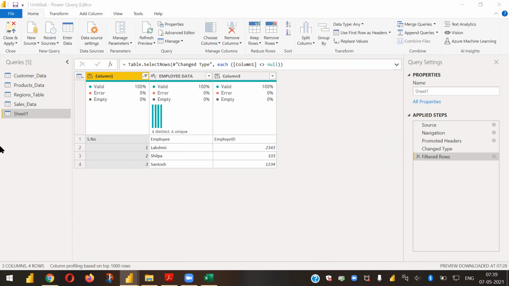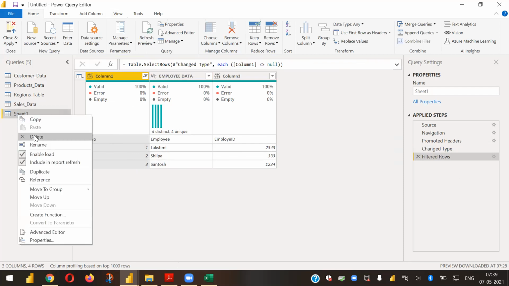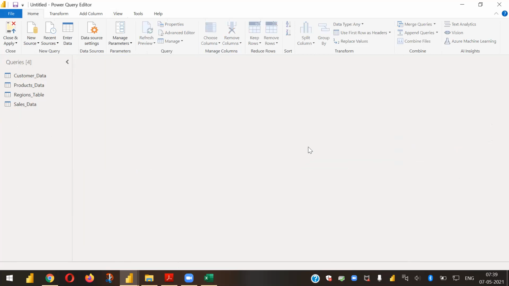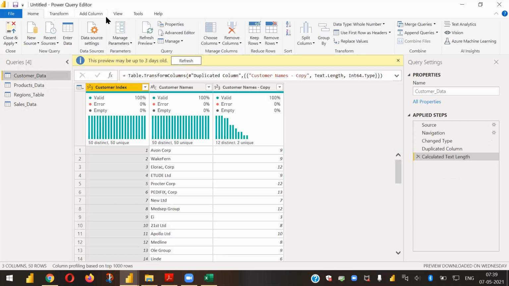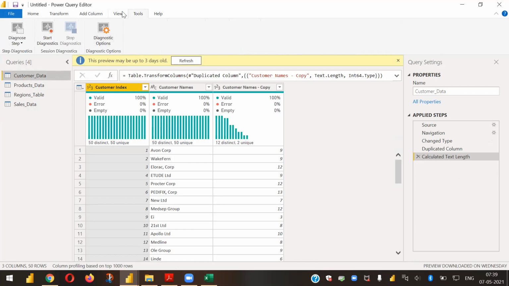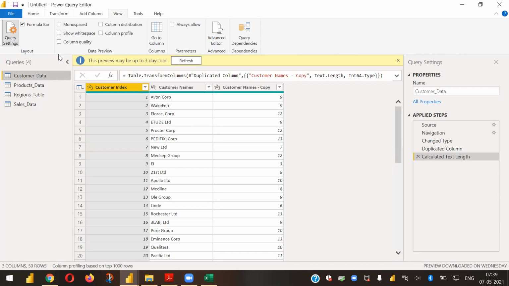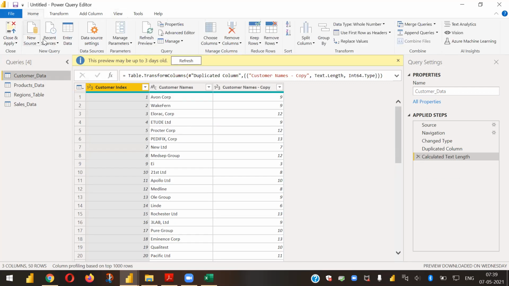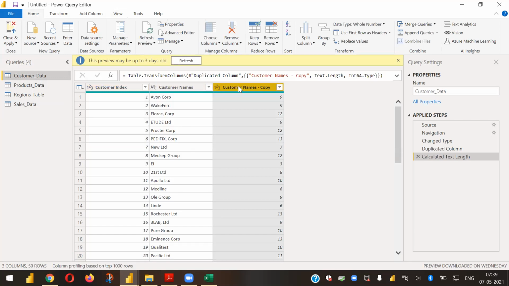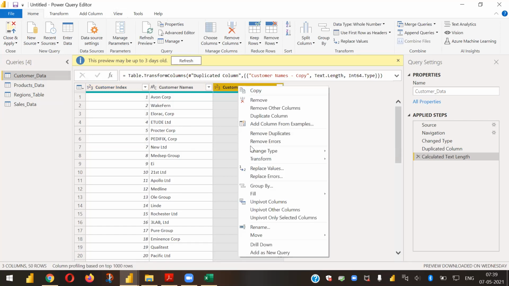So let us proceed with our data set now. I'll just delete this sample data. First thing is that I have to go through each table individually. I'll turn this off, view column profile, and turn these options off. Now I'll go to the Home tab. As soon as I import the data, the first thing is to check my data type. Okay, 123 is correct as a number, index. It's a text format, and this is a duplicate I created which is not needed now. Let me just remove this column.